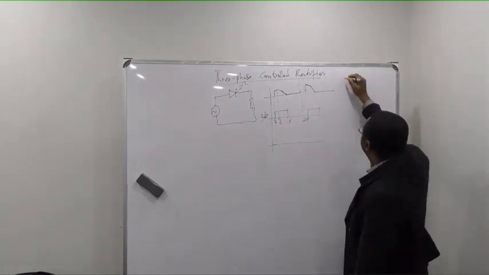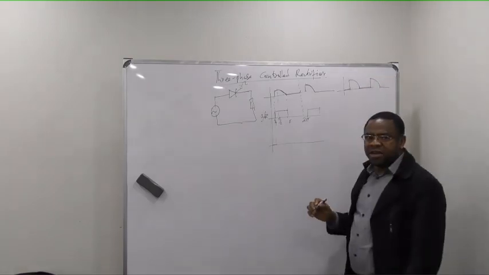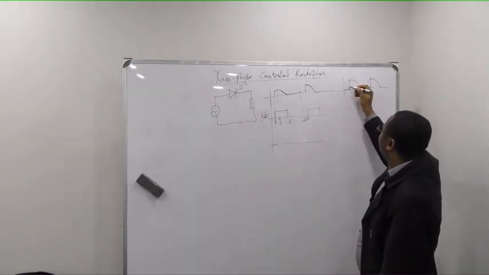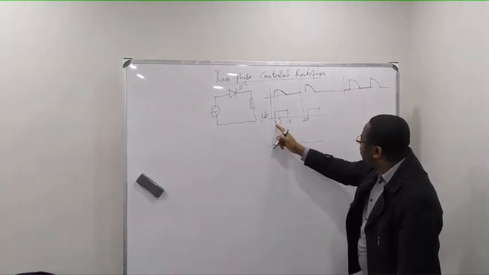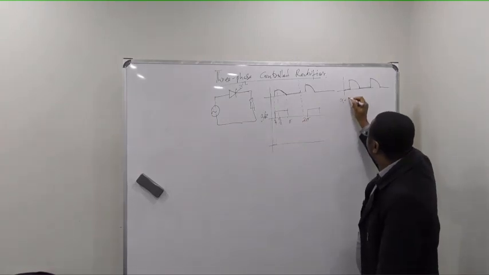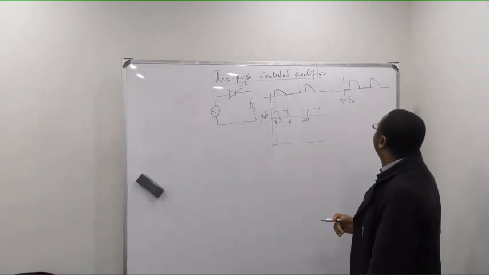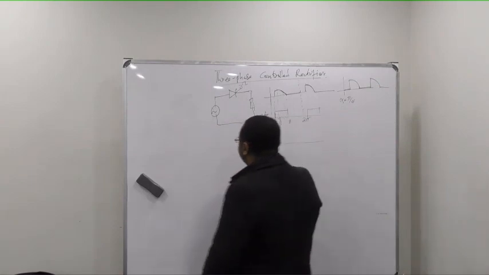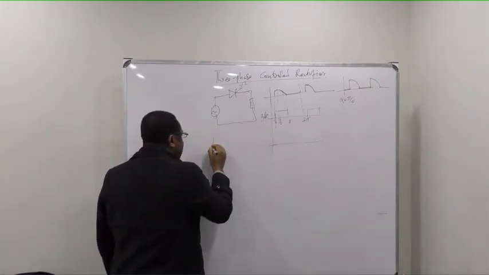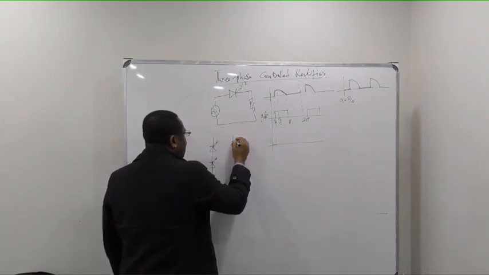In that case, you will get something that looks like that. Can you see? You have chopped off some part of this. At what angle? This is alpha equals pi over 4, at this angle of pi over 4. So you get something that looks like that. That means if you now have a three-phase controlled rectifier like that,